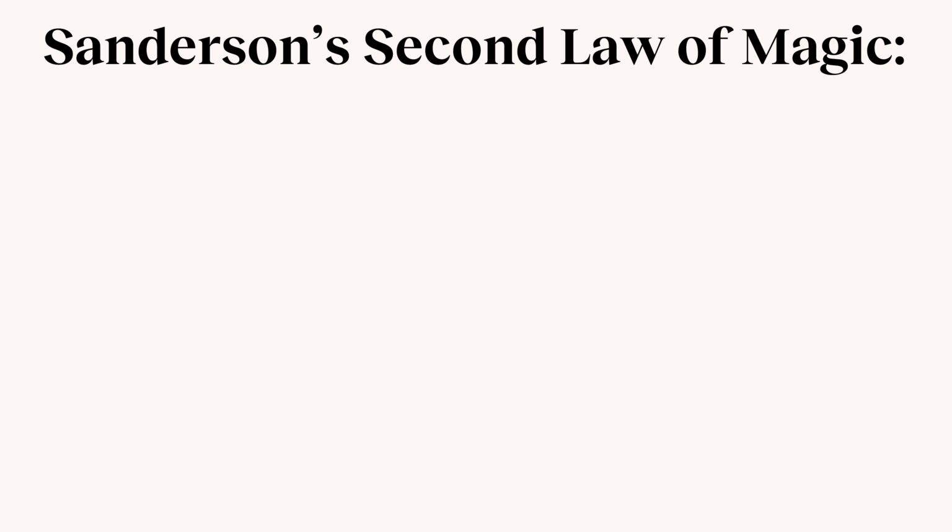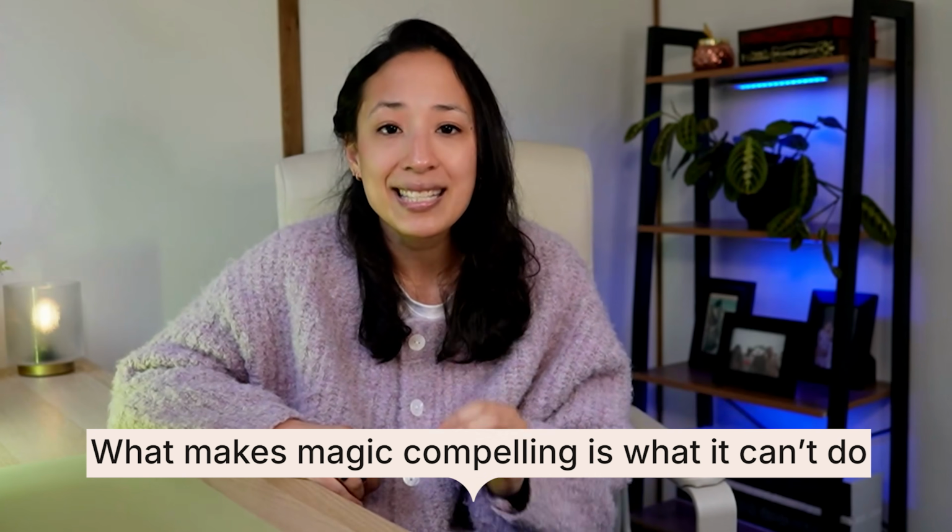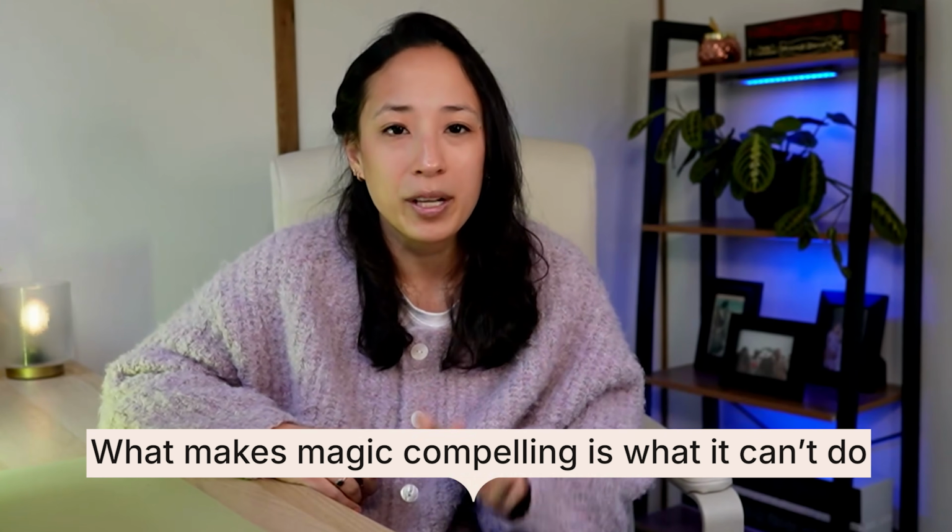Moving on to Law 2. Sanderson's second law of magic is simple: limitations over powers. Simply put, Sanderson is saying that what really makes magic, and by extension your characters and story, compelling isn't what your magic can do. It's what your magic can't do. Instead of just focusing on flashy powers, the magic system's limitations, costs, and even weaknesses are what drive the conflict